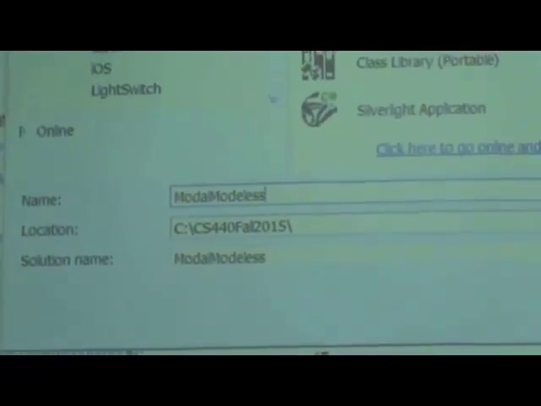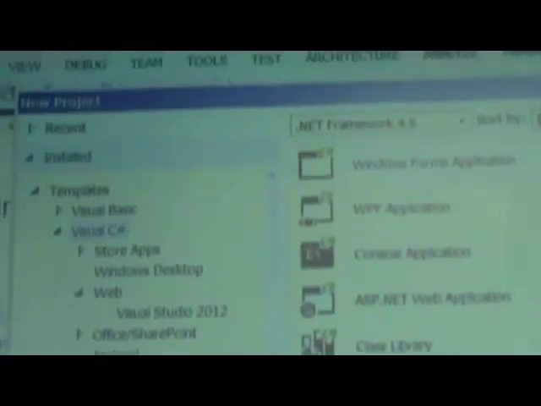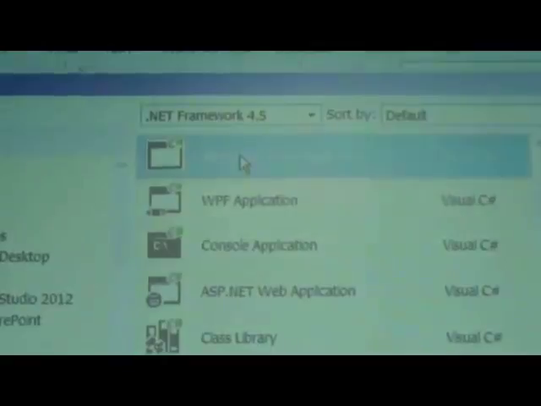So I'll give you a quick example of modal and modeless. Anyway, Windows Forms application, Visual C#. So once I click OK,